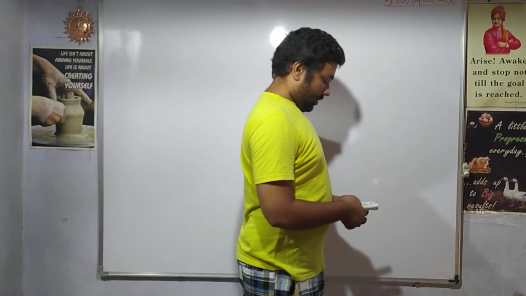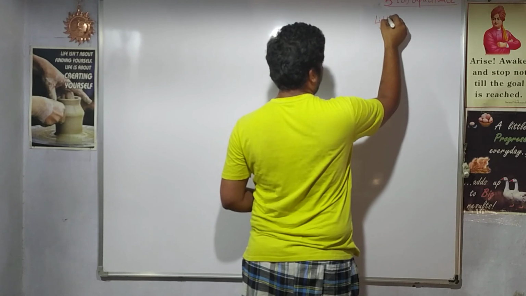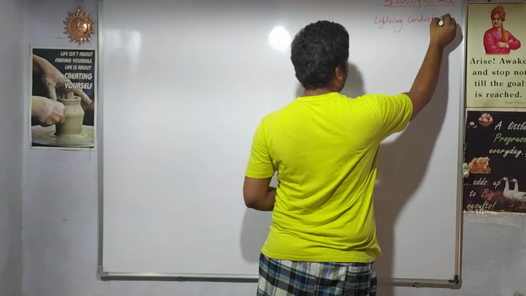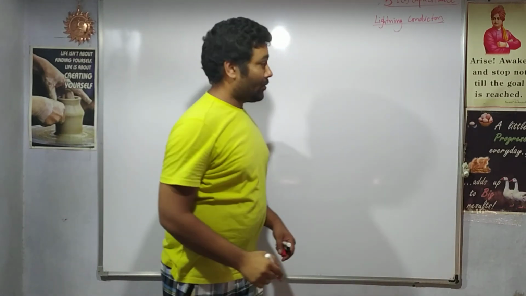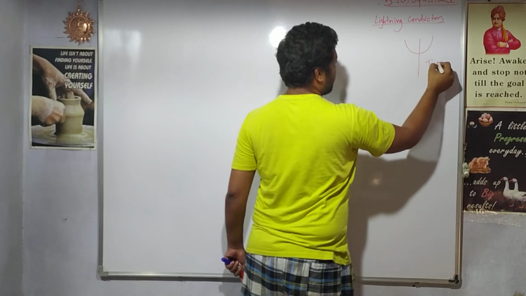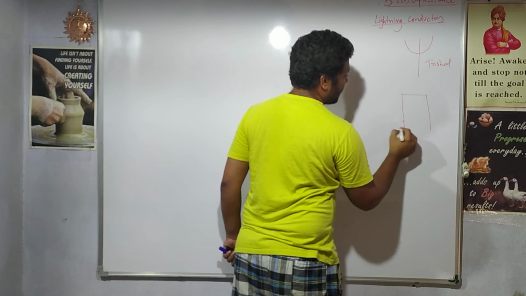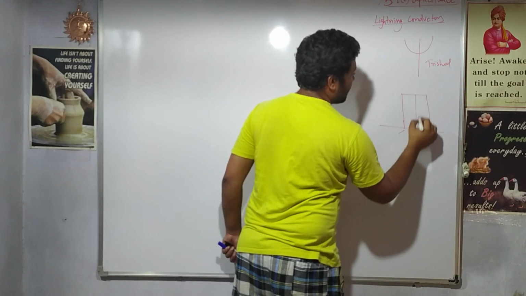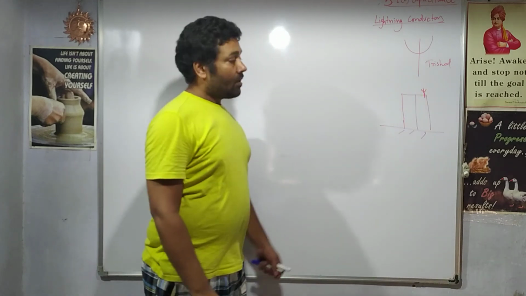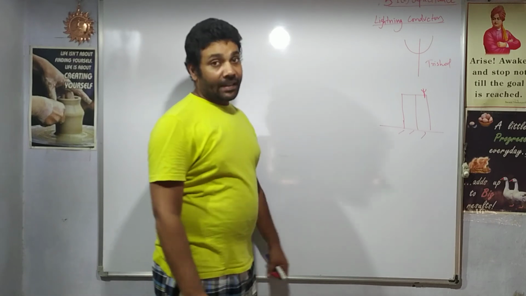Next we have is lightning conductors. What do you mean by lightning conductors? Lightning conductors are the conductors placed on the top of a building. You might have seen such structures, which are also called trishul. They are placed on the top of the building. Let's say this is the building. So on this building, such sharp lightning conductors are placed. On very high-tech buildings in the city, such lightning conductors are placed.